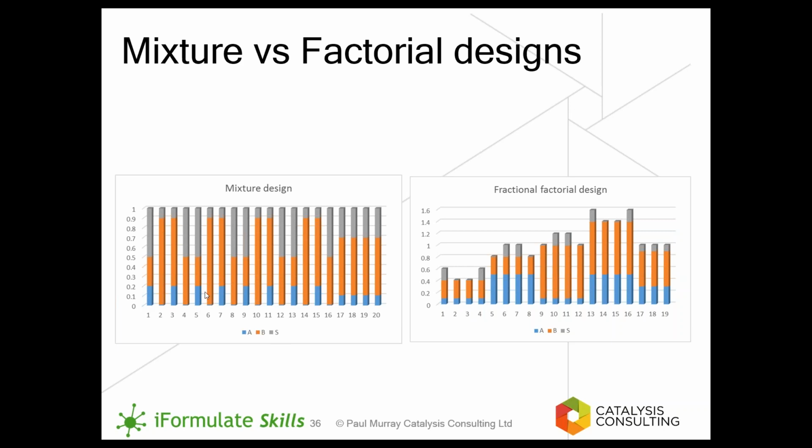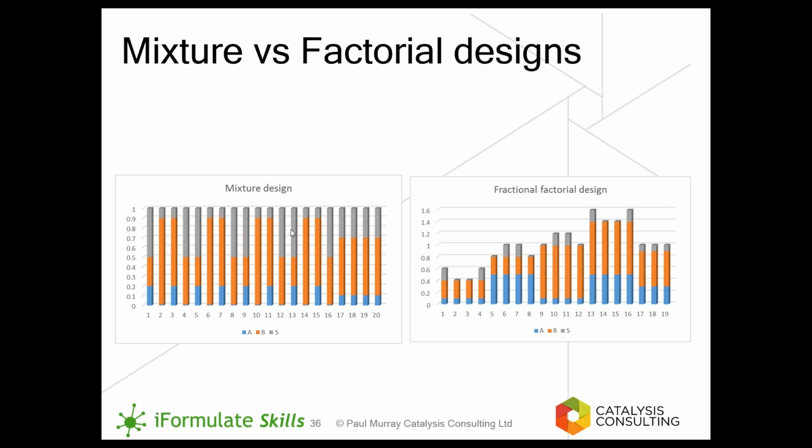In a mixture design, the three components will always come out to the same 100% mass of material. So you can have very little or no A, you can have very little or no B, and the same for S. If you did a fractional factorial design and you investigated each of these factors independently of each other,